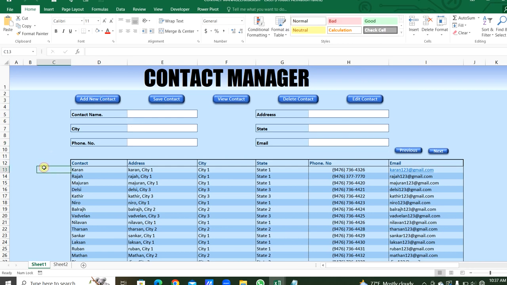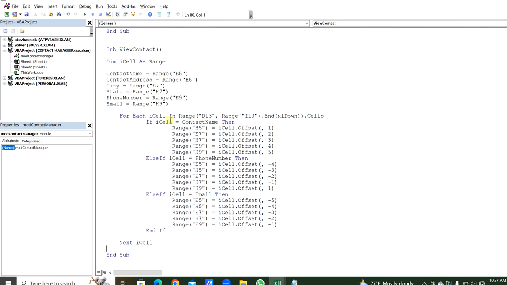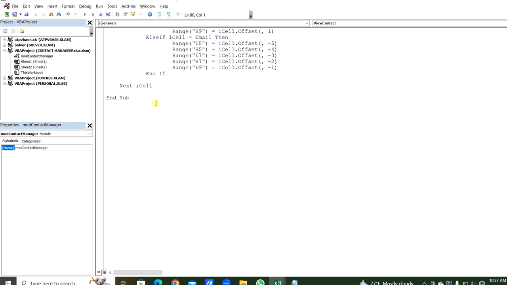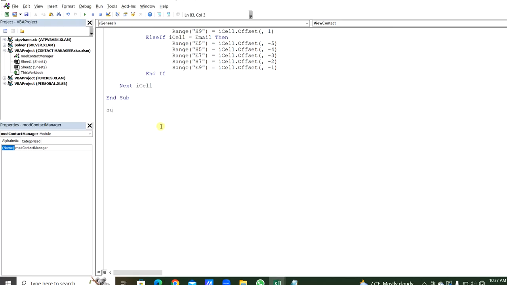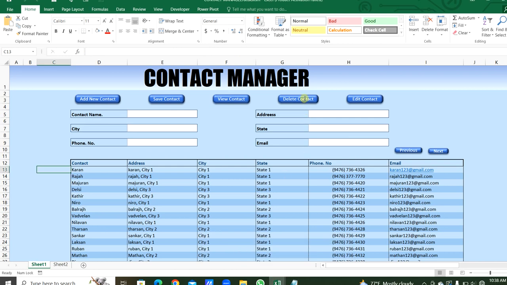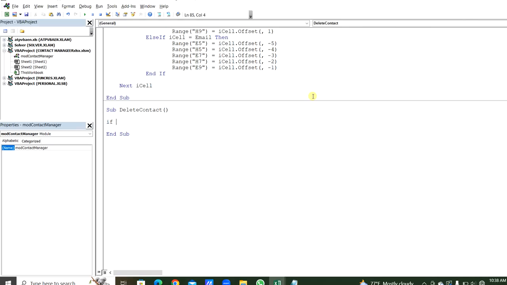Right. Now we will move to the editor window here. Now it's time to prepare the delete contact procedure. So, sub procedure delete contact. Initially we need to get a message box. In case the user mistakenly clicks this delete contact button, then we need to get a message box: Are you sure you want to delete this? Yes or no. So we will put an if function here, then message box